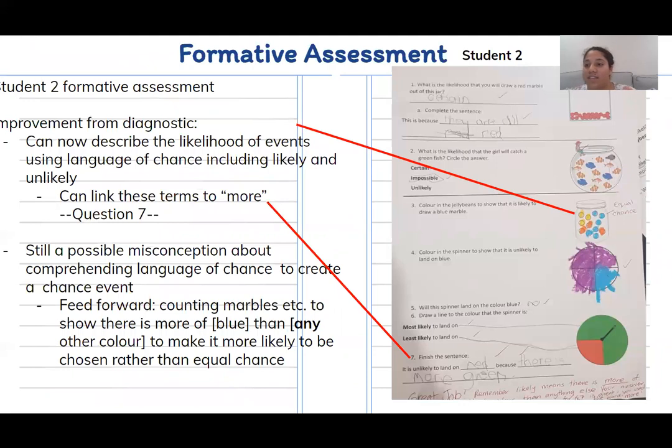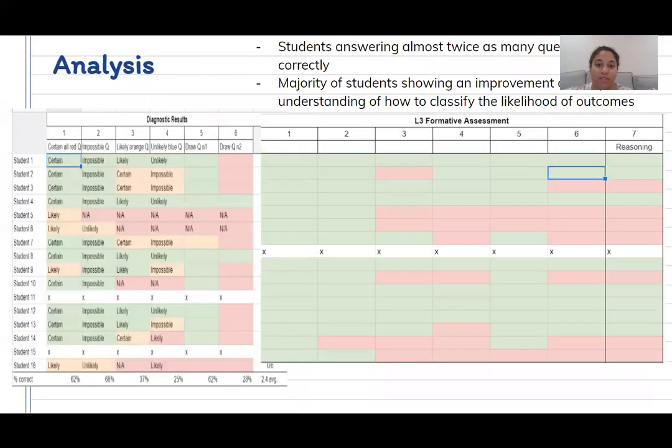For the formative assessment following that, I gave students another worksheet that was actually really similar to the original diagnostic. And then I added that data to the spreadsheet, and I was actually really pleased with the results. So prior to the learning intervention, students had misconceptions classifying an event as likely versus uncertain. And across these types of questions, which were numbers 3 and 4 that you'll see on this slide here, I saw an increase of correct answers of about 25%.